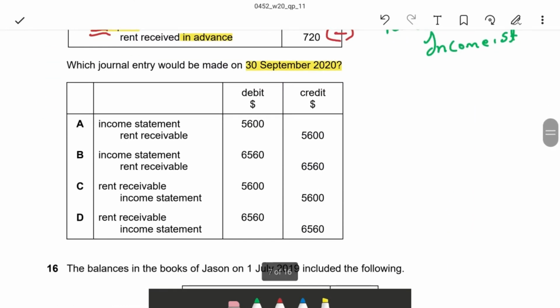Income statement is debit, rent receivable is credit: no, the income statement will be credited with rent receivable. Amount is correct, but the entry is wrong. Income statement account debit, rent receivable credit: both entry and amount are wrong. Rent receivable account debit, income statement credit. Correct answer is